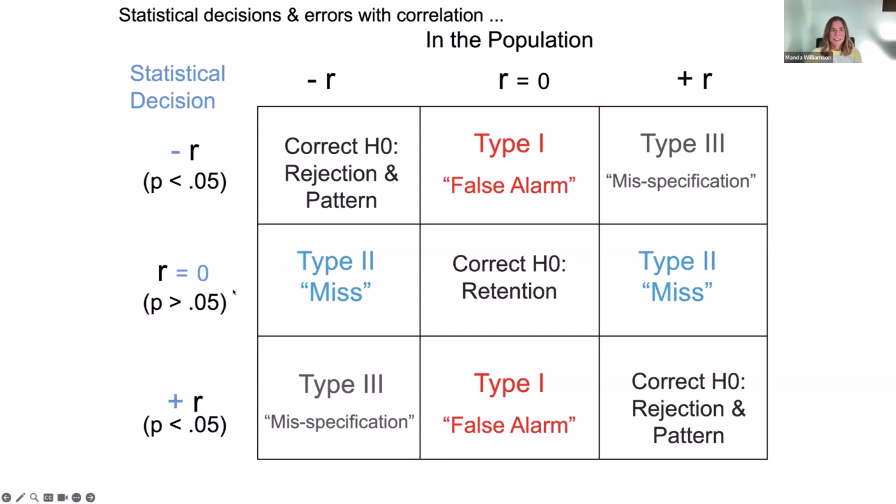And what that ends up creating is that now we don't have 3 different topics. We actually have 9 different topics, based on the statistical decision I make and the reality of the population. I could be correct, I could make errors. And so having looked at this example and blown up the idea of the topic of correlation, first of all, you might have thought it's just one topic. It's actually 9 topics in terms of executing the skill of analyzing data that produce a correlational result.